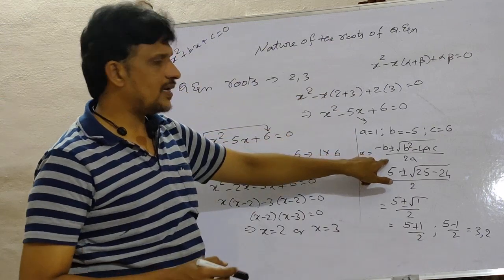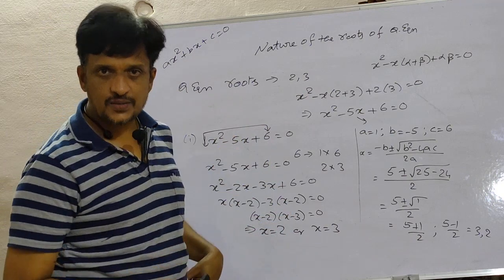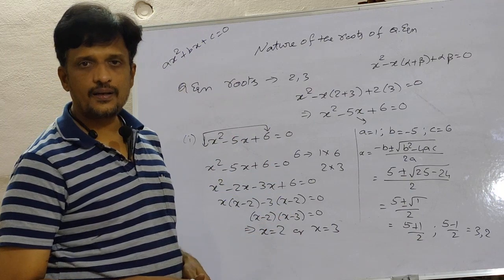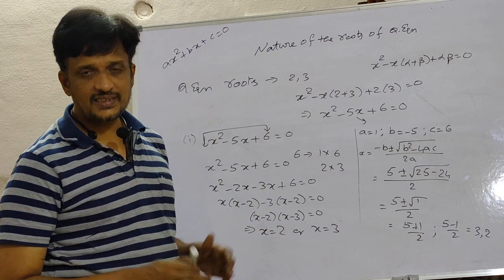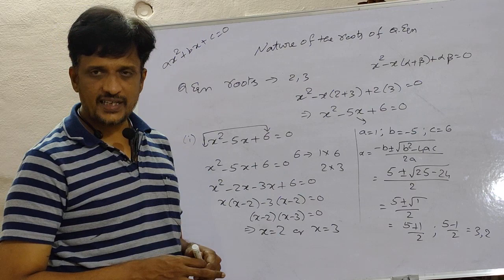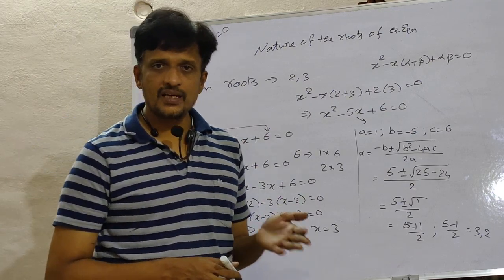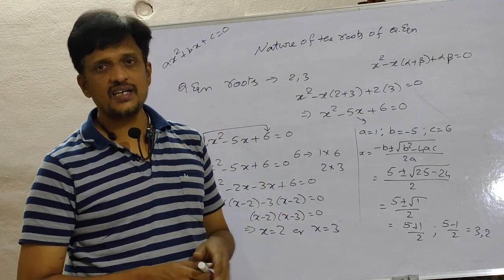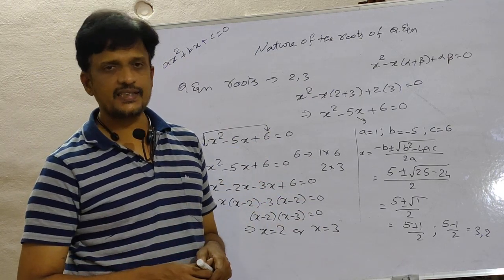They are denoted by alpha and beta, and those two roots you can calculate by using either the formula or factorization. And now the sum of the roots is minus b by a and the product of the roots is c by a, also we got here. So that is the introduction part here. Then the nature of the roots also we discussed: if we know the value of the discriminant, that is delta, b square minus 4ac, then you can write the nature, whether the roots are real or imaginary. In case of real, whether the roots are distinct or equal. So these are the concepts based on the value of the discriminant.